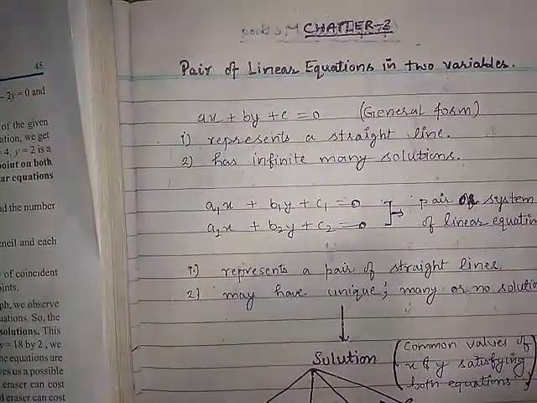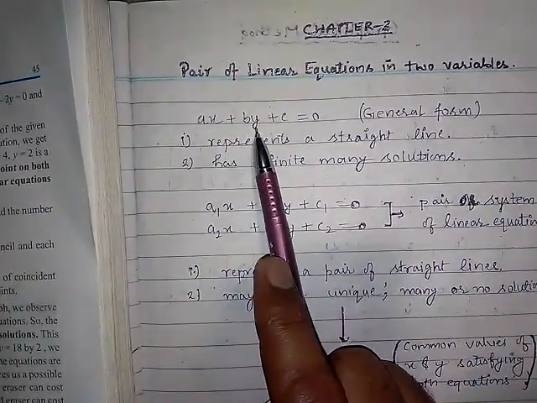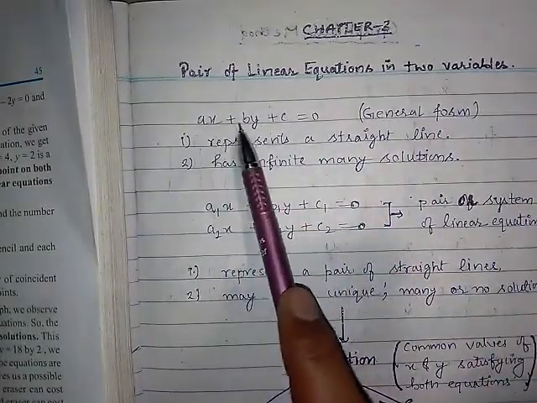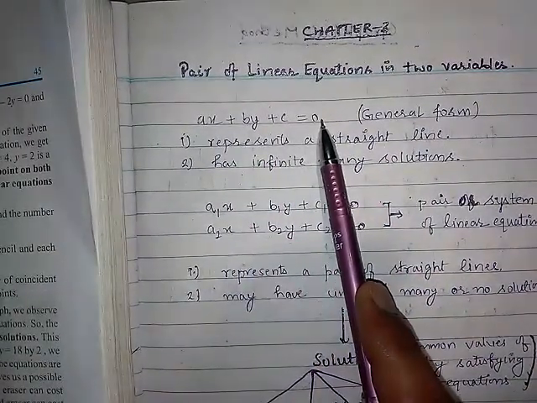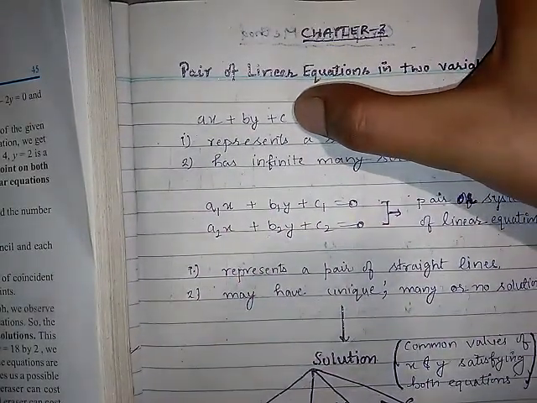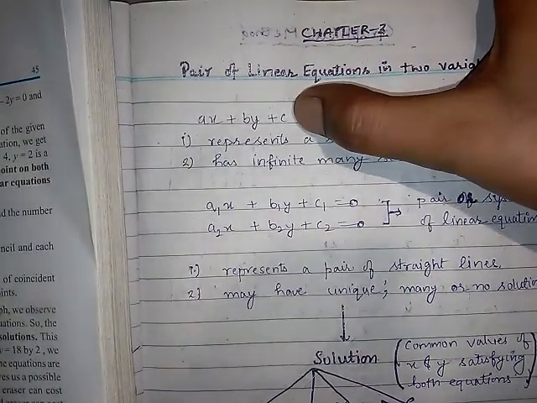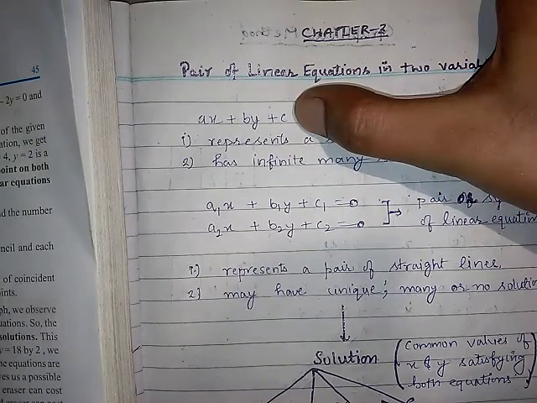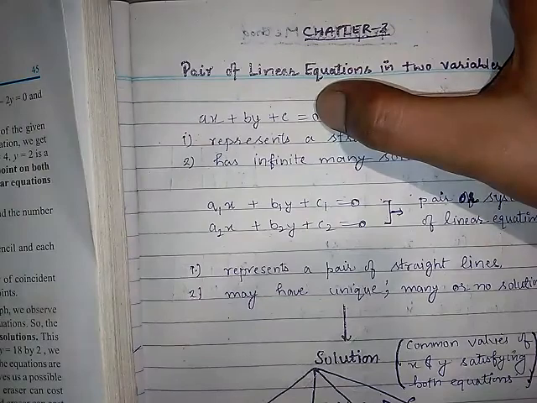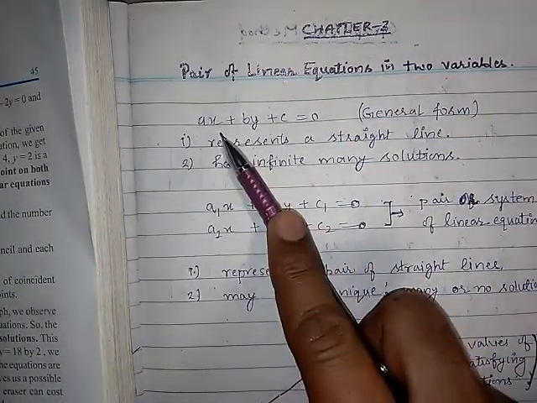Now if you remember, in class ninth we studied the linear equation in two variables. What was the general form of that? That was ax plus by plus c is equal to 0, right? Up to ax plus by plus c, without the is-equal-to-0, it is a polynomial only. In the last class we told you whenever you put is equal to 0, that polynomial becomes an equation. So this is a linear equation.